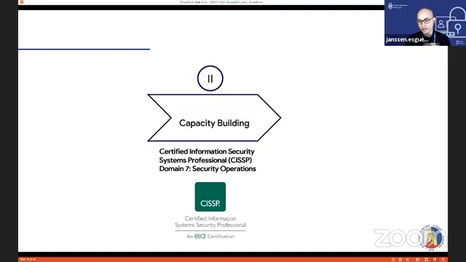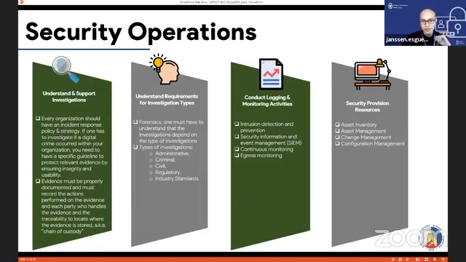But of course, we will not be discussing all of the CISSP. We'll be focusing only on domain 7. CISSP has multiple domains. Domain 7 only focuses on security operations, which is the focal point of this session. In domain 7 of the CISSP, we have multiple chapters. Of course, we go to the first chapter before